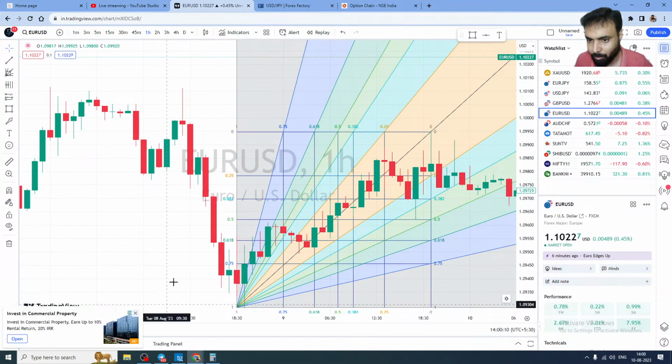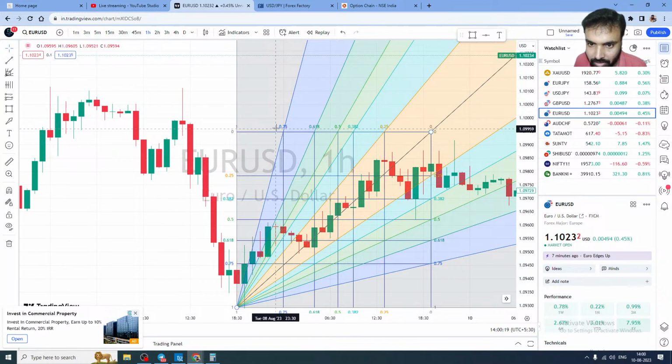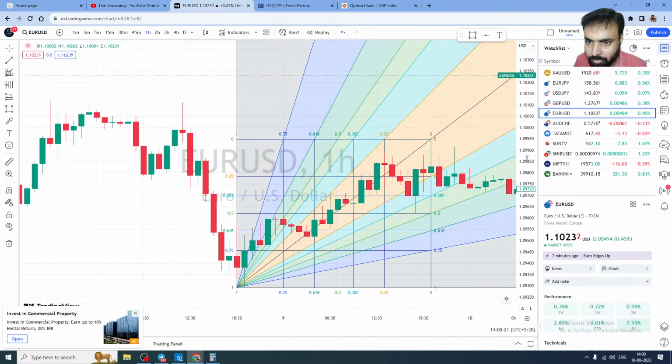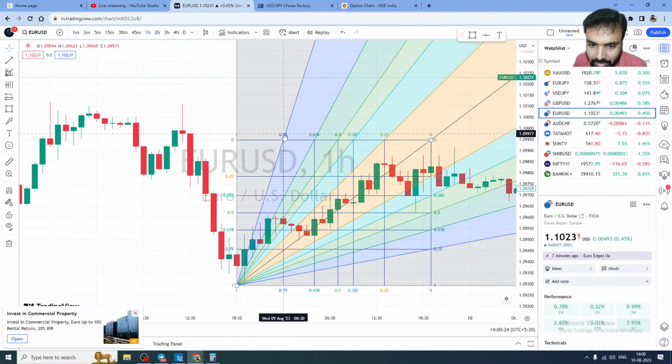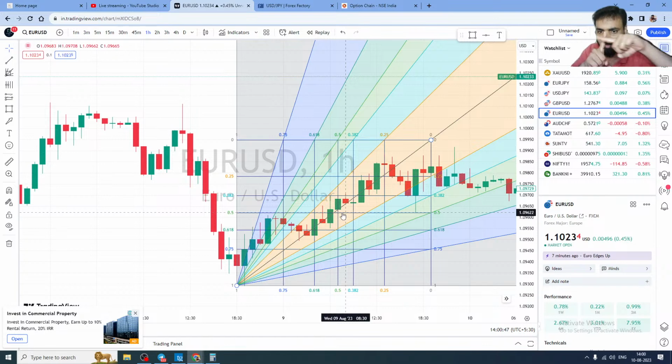Now there's a square box, as well as a kind of fan thing, right? So both have the same numbers. If you see this blue line, it says 0.75. The same 0.75 will be there here also, and the same 0.75 will be there here. So everywhere 0.75 will be there. Similarly 6.18, all Fibonacci levels. So 50 percent, you can see the 50 percent line here and the 50 percent line there. So when all cross together, when candles are touching 50 percent like this.